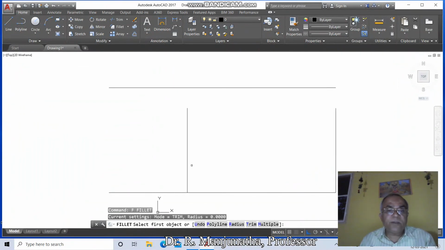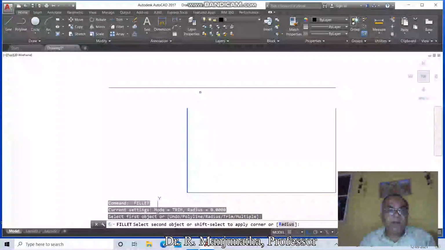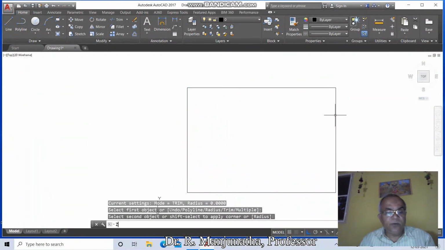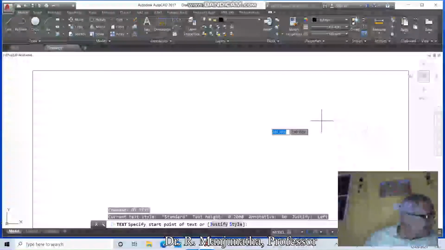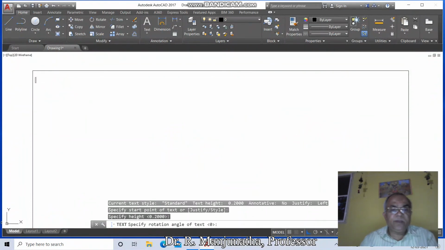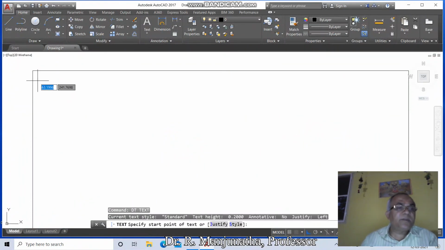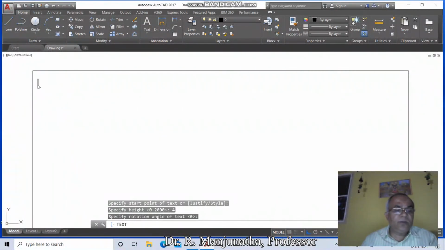Then go to fillet between this vertical line and this horizontal line. Fillet between these two and also fillet between these two. Then go to zoom window, select this and go to dtext. Type the problem number 193. So dtext, specify start point, select some start point, take height as 4, rotation angle as 0, type the